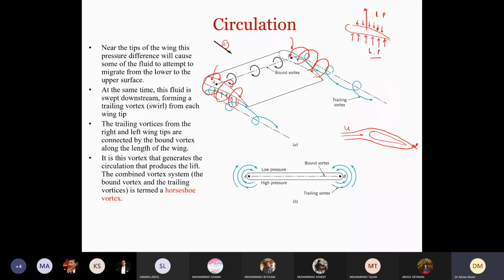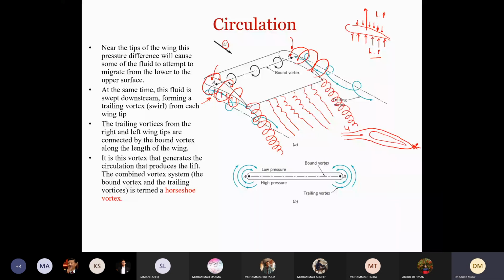So now when these two combine, the effect of this combination will be generation of helical vortices like this, right? When they combine, these will generate helical vortices like this in the wake of the aircraft. Now, these helical vortices that are generated at the tip will also be combining with these tip vortices, and the strength of these helical vortices will be greater at the tip because of these tip vortices also, right?